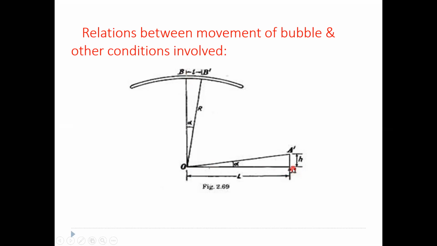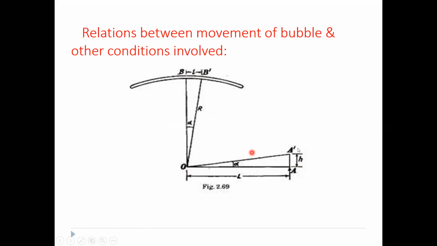Suppose you tilt one end A of the spirit level through a small angle alpha, that means it is raised to H height. That means the end point A of the spirit level is raised to A dash, occupies A dash point. If one end is tilted through alpha angle, the bubble position also occupies a new position B dash by deflecting through an angle alpha. That means the length of deflection is L, right? This R represents the radius of curvature of the spirit level tube, right?